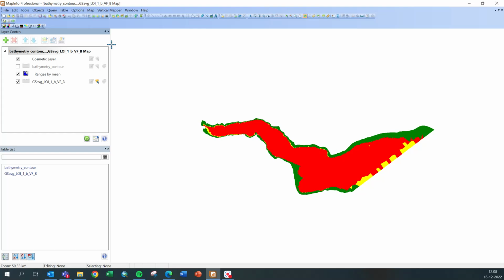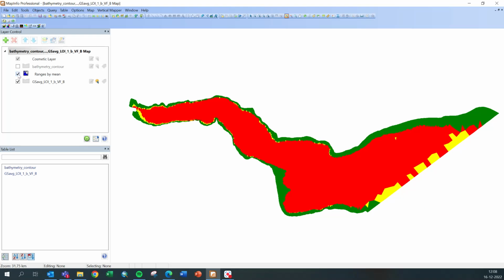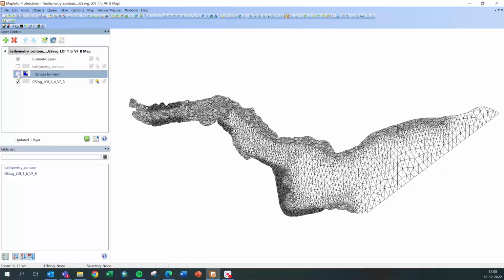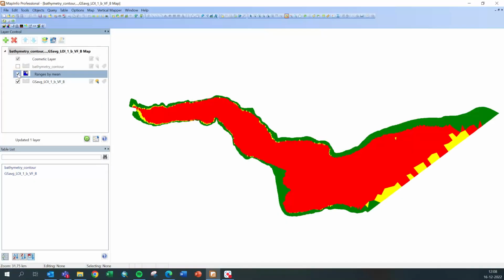So now you can see that the corners of the polygons have disappeared, and I have this map. When you create a thematic map, you see that it's like a layout that is overimposed to your actual data. So now we haven't at all changed our data. We are only visualizing it in a certain way, and the program creates this template that overimposes. If we do another thematic map,